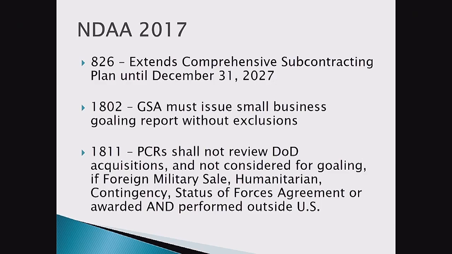Right now, when we set goals and we report on how agencies like HHS do in their performance, we exclude certain contracts, like FPI, Federal Prison Industries, or JWOD contracts that are mandatory sources. We don't include those when we're calculating how you did as a percentage. And we're going to continue to do that when we report, but this requires GSA to do a separate report